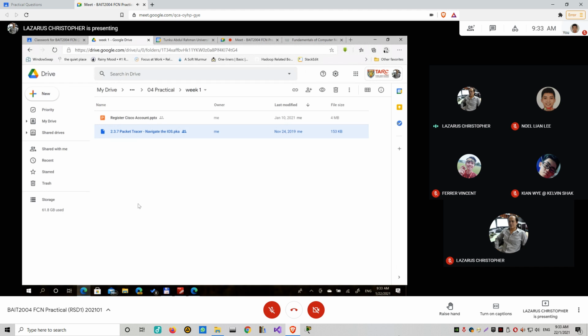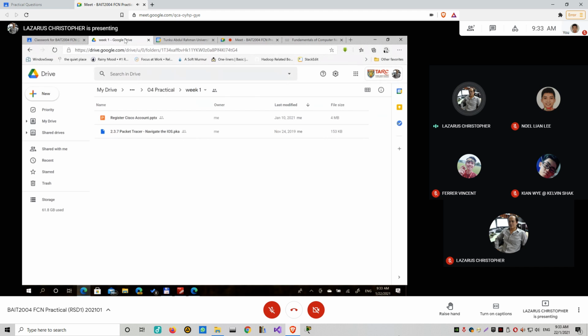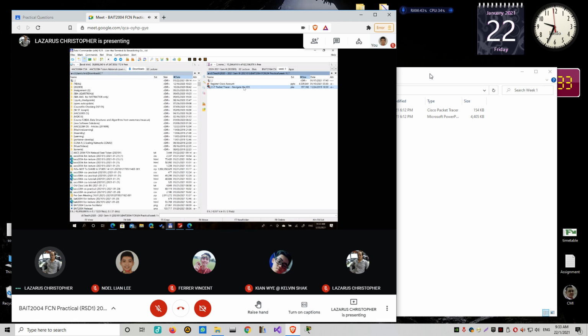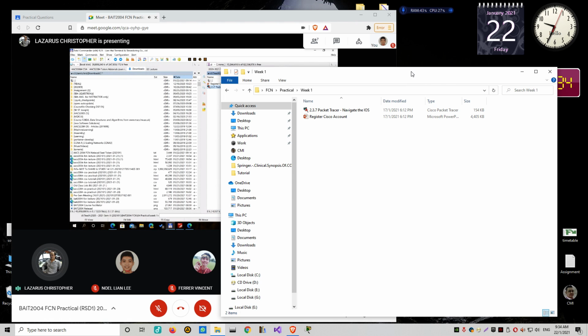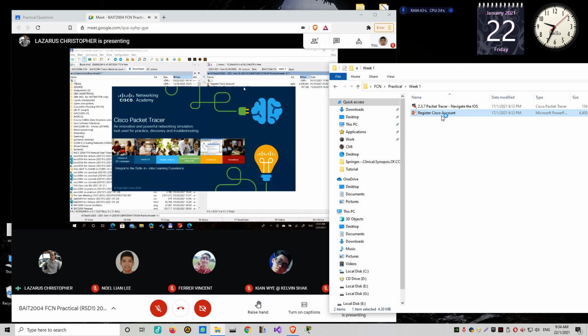So can you download it now? It's a small file, so it should be fast. Okay, what I want you to do, I already have it on my computer. If you have installed Packet Tracer, all you need to do is double click on the file, and it will open your Cisco Packet Tracer,